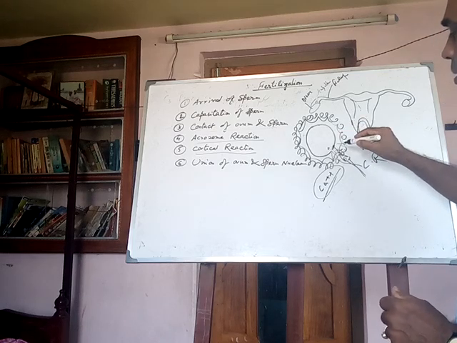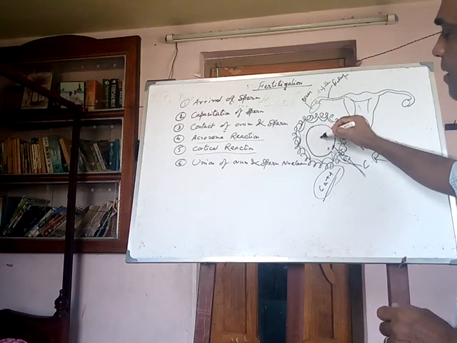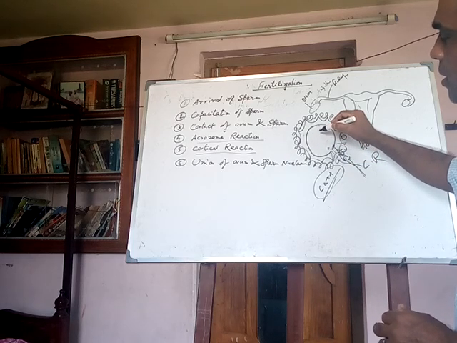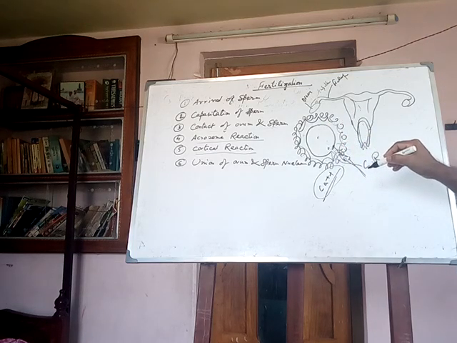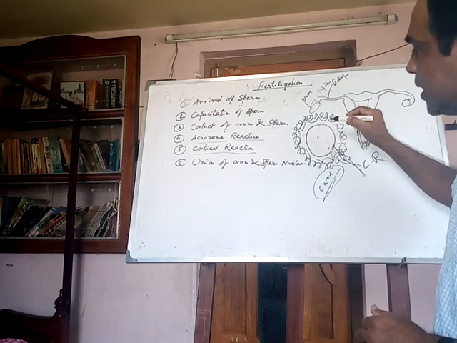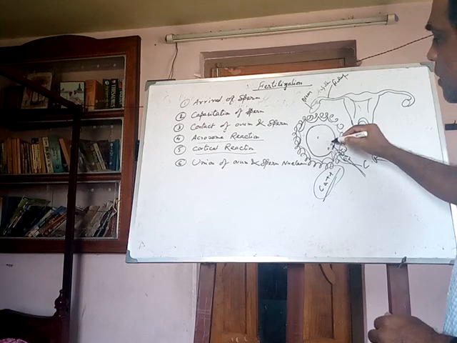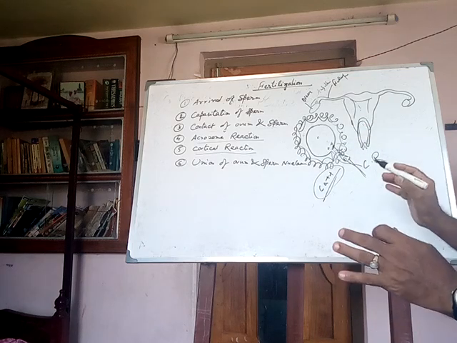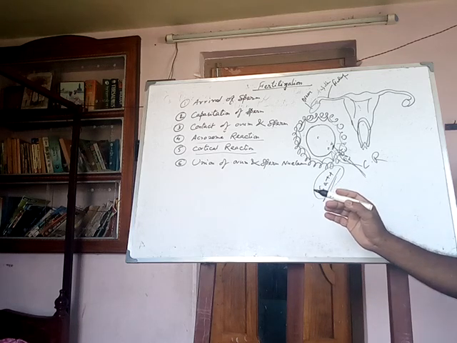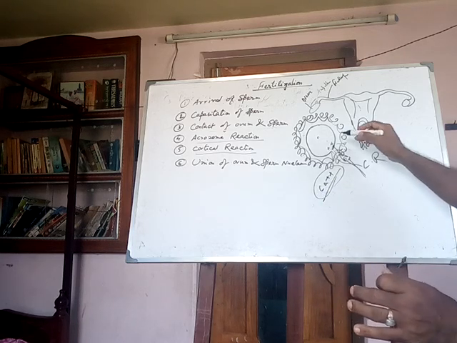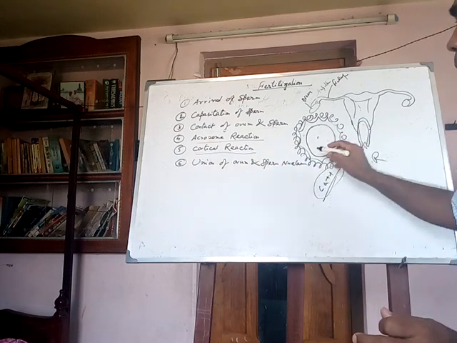After the pronucleus of the sperm reaches inside, the second meiotic cell division occurs, and the haploid pronucleus of the ovum is ready for fertilization. Here a funnel-like structure is present, that is called the fertilization funnel. And the union of the pronuclei of ovum and sperm